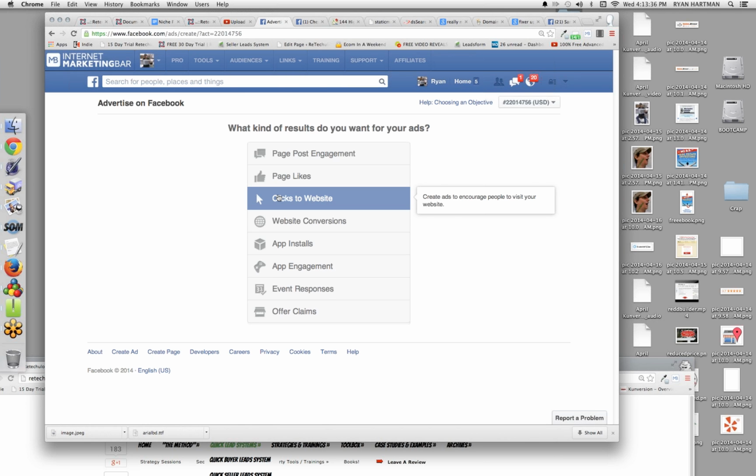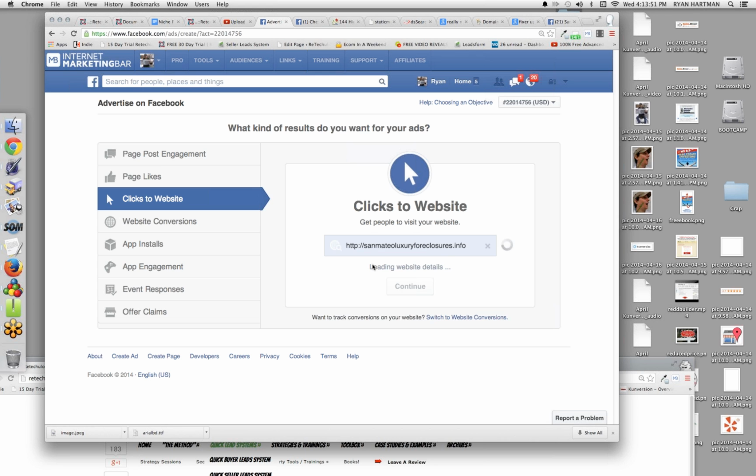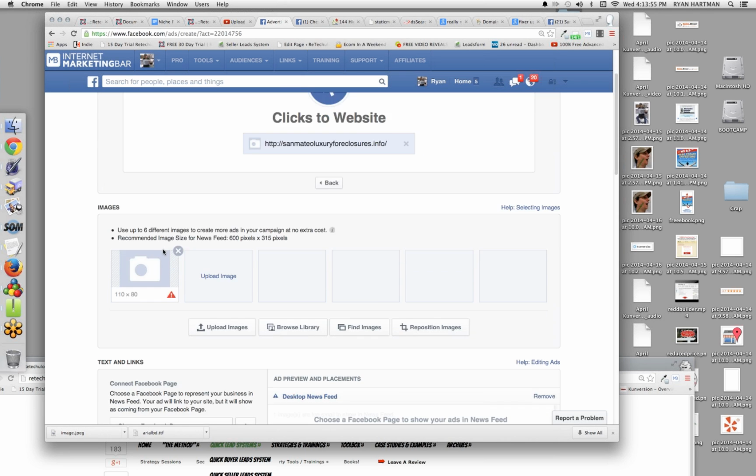I clicked post new ad, clicks to website. We're going to go directly to San Mateo luxury foreclosures.info. We're driving traffic straight to that squeeze page. Okay. We can go crazy adding a red border using PicMonkey and all this other stuff, but my brother recently